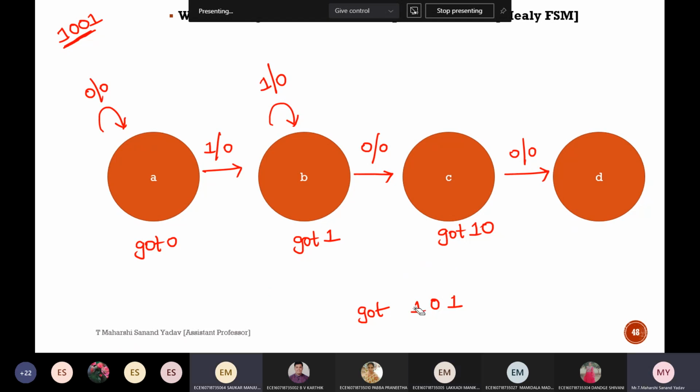No. No. No. So what should I do? Remove 1 from the left hand. Remove 1 from the left. Right. Got 01? Not there. No. So remove 1. 0. Got 1, state B. So from where will it go? From C it should go to B. Input is 1, output will be 1 by 1.